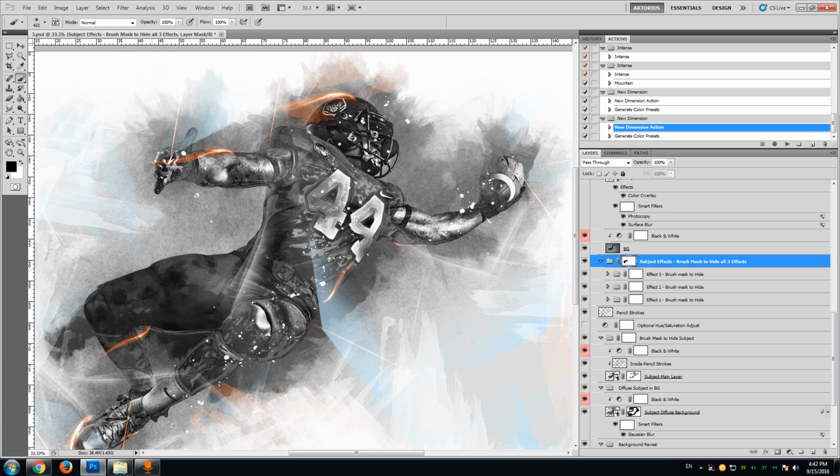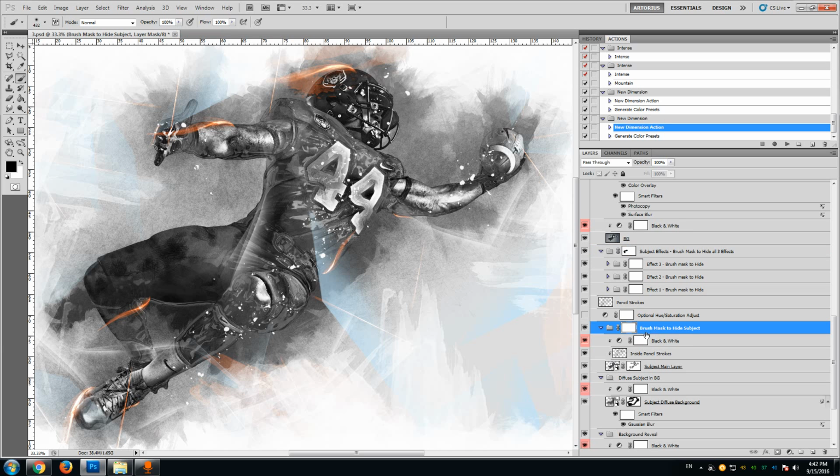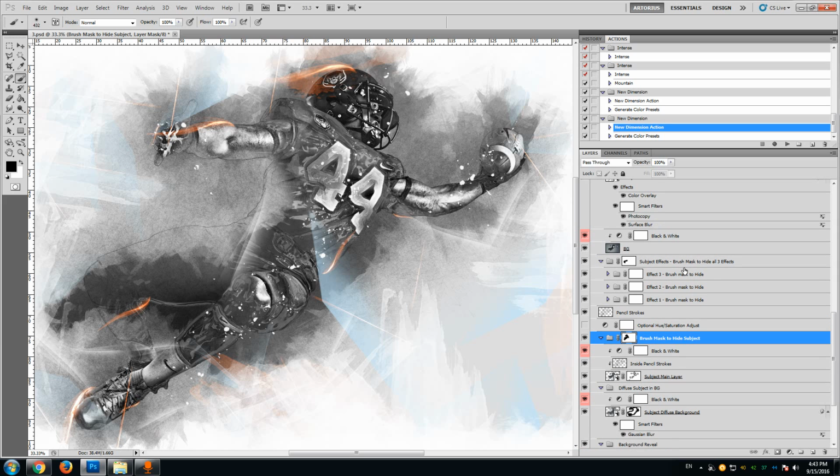So I hid some of the effects here on this area of the foot, the leg, and I also have to use this group, the brush mask to hide subject, the mask here, to create a visually more appealing final effect by hiding part of the subject. So as you can see, by brushing on this mask, the brush mask to hide the subject, I hid a part of the subject and also the effects on this area. Maybe on the hand too. Okay,